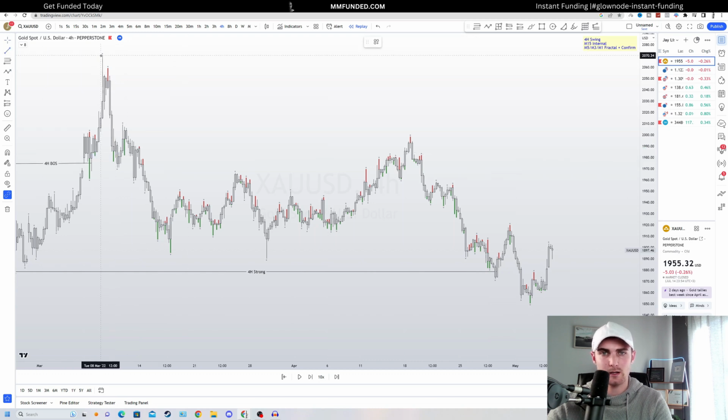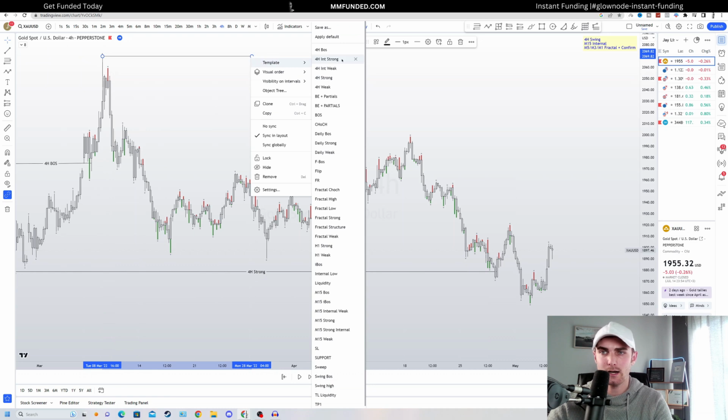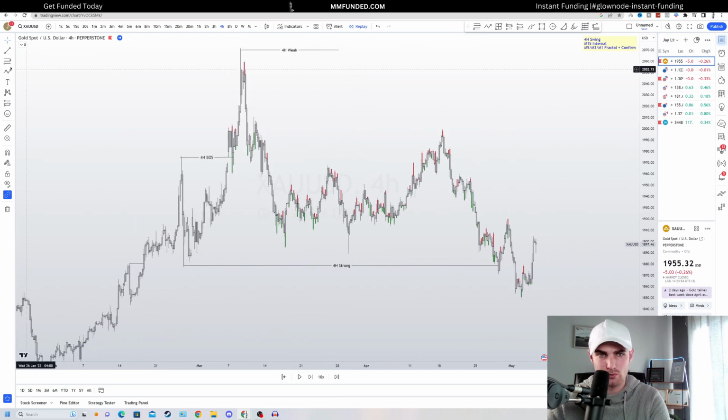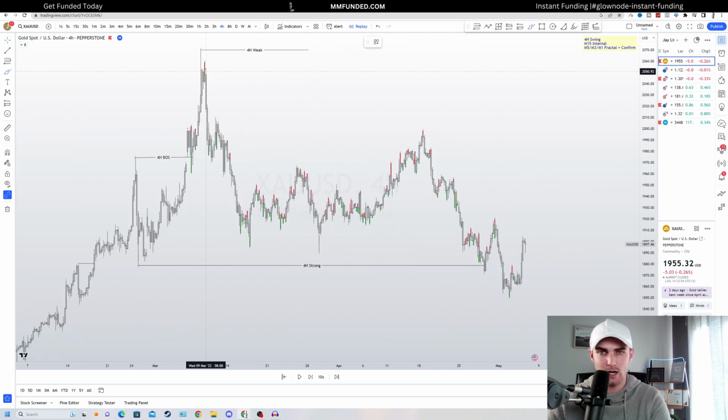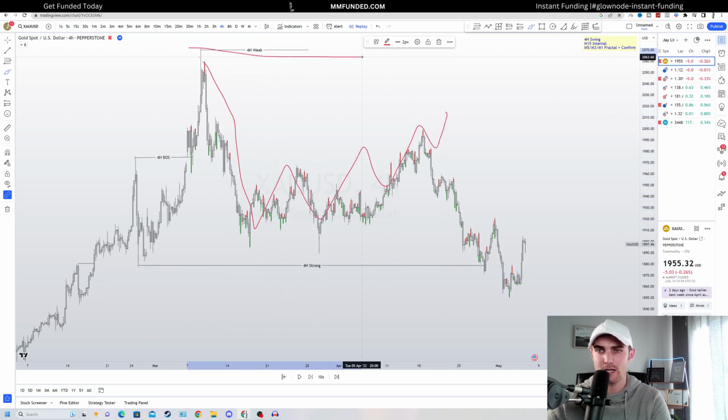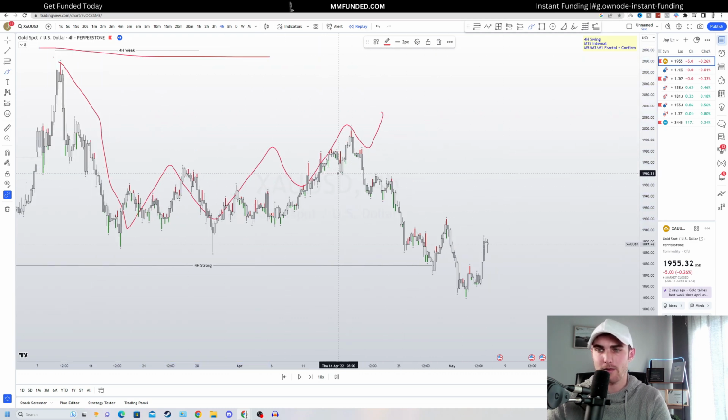So this then becomes our 4-hour weak high. Expectational order flow over here, as I mentioned, as one of your biggest rules, is for price to target these weak highs. All right, so price had that M15 pullback, that shift to try and target these weak highs, but it couldn't. Instead, it had that M15 breaker structure to the downside, the M15 pullback, and continued to break structure to the